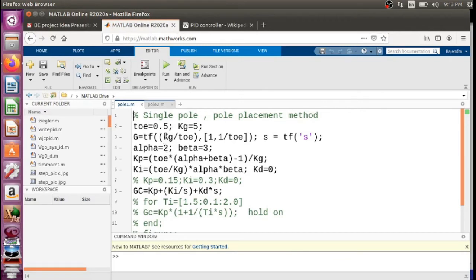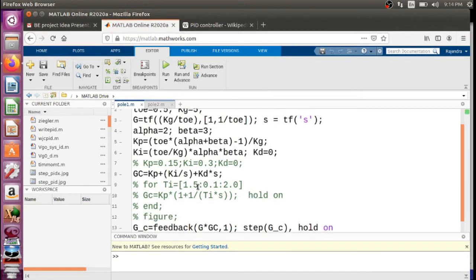We have got an equation like this: tau equals 0.5, Kg equals 5, and g is a transfer function written in this form, Kg upon tau into 1 upon s plus 1 upon tau. Alpha equals 2, beta equals 3. Kp is equal to this one, an equation already discussed by you. Ki is this one, and Kd equals 0. This we have seen for a single pole.